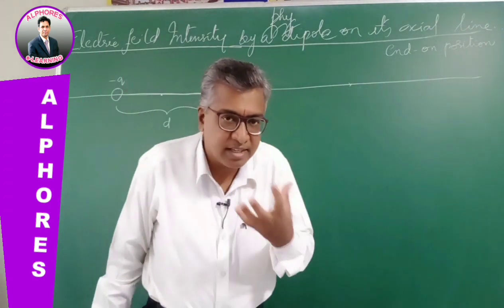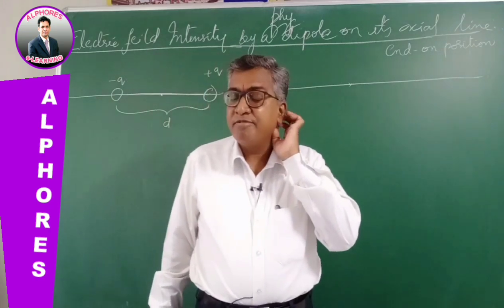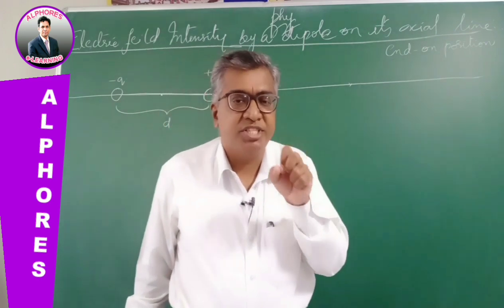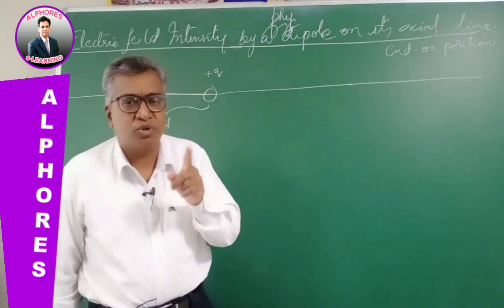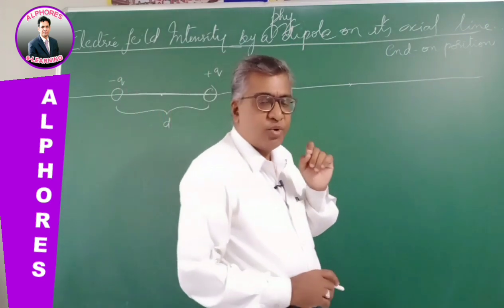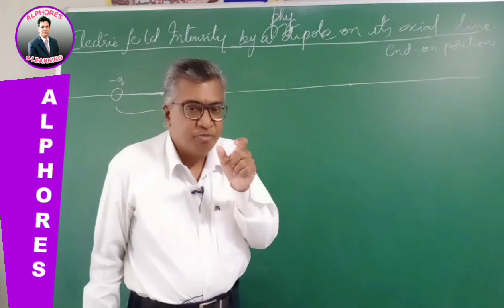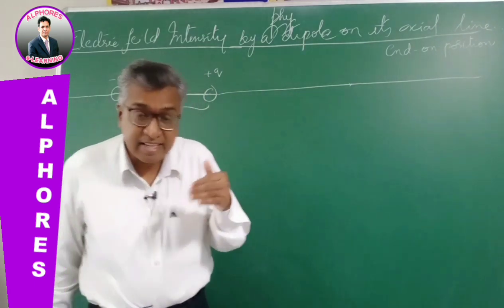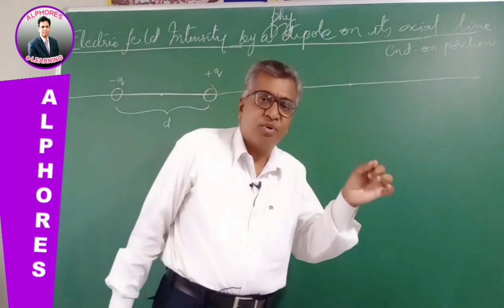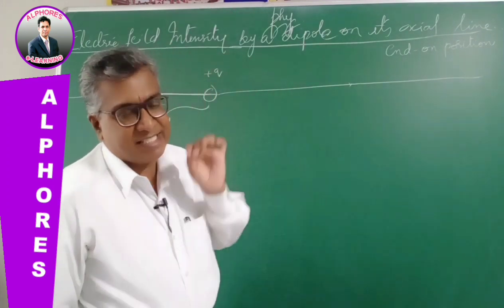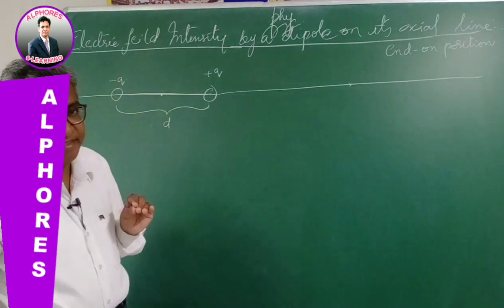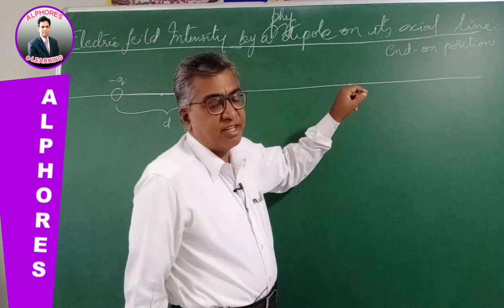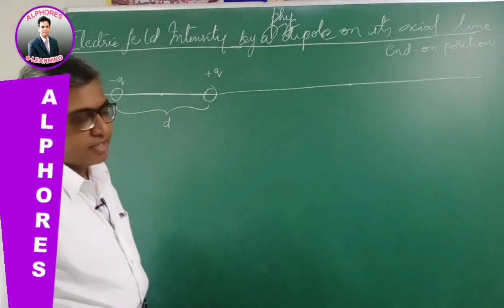Now for this, what are the things that are required? We have studied Coulomb's law. Coulomb's law is the force of attraction or repulsion between two point charges separated by distance d: F is proportional to q1 q2 by d square, so F is k q1 q2 by d square. This is the mathematical formula for the force between two charges, right? Next, electric field intensity. It is the force experienced by a unit positive test charge placed at that point in the field. So we have to derive the formula for the electric field intensity. So we should find the force experienced by a unit positive test charge like this.